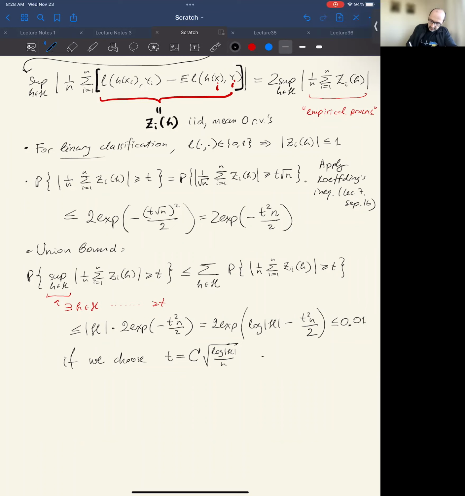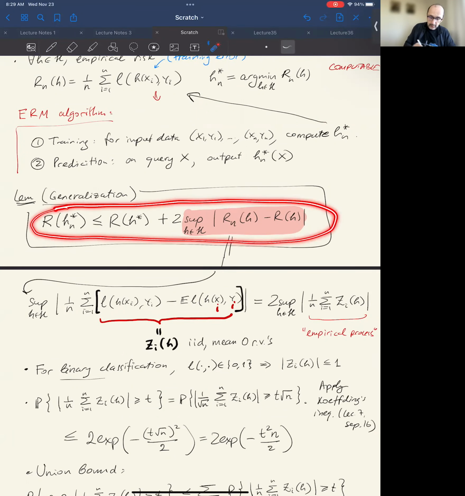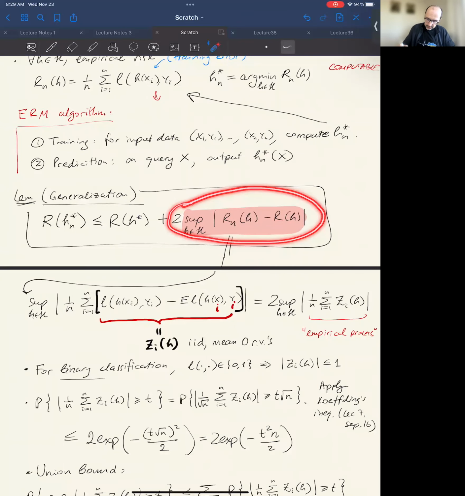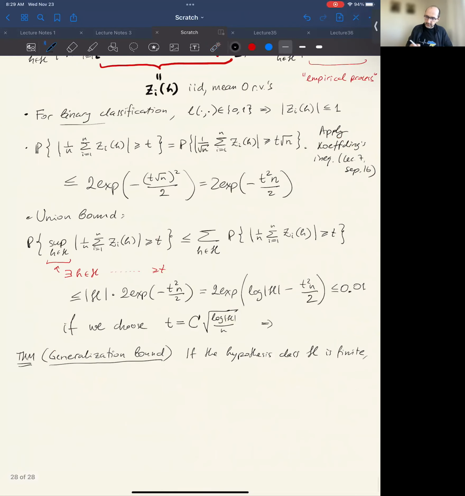Great. So what we proved is our first useful generalization bound. It says that if the hypothesis class is finite, then, okay, let me look up, then what? Then we're applying this generalization lemma, and that term gets bounded by what? By t, I think. Yeah, by t, which is this. Okay, then